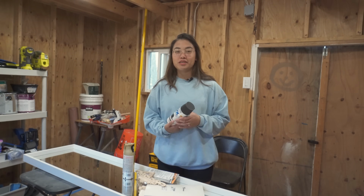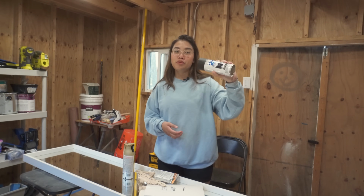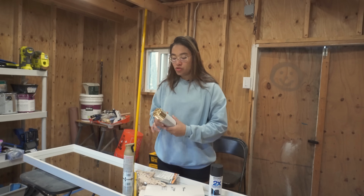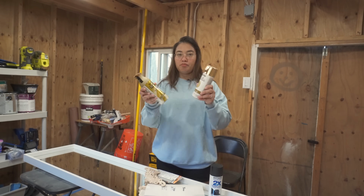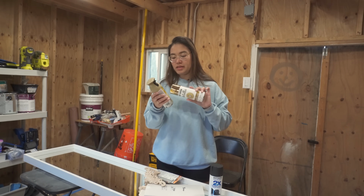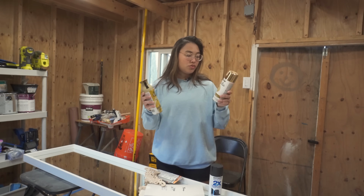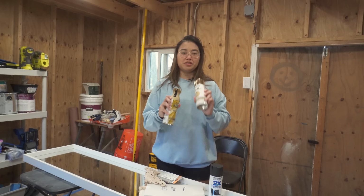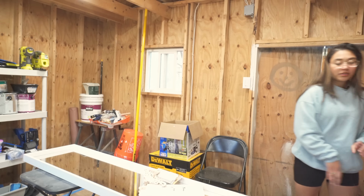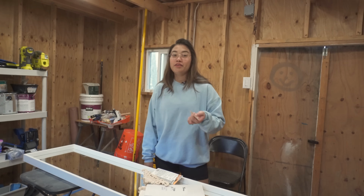So gold is kind of my second option. I have a black matte paint and primer that goes first, and then layered on top are 2 different kinds of Rust-Oleum paint. I have here the Rust-Oleum Universal Matte Metallic paint and primer, and then this one is the Rust-Oleum Metallic Gold. I just wanted to mix the 2 together to get that really nice color that I want. Another thing that you might need, but it's really optional,